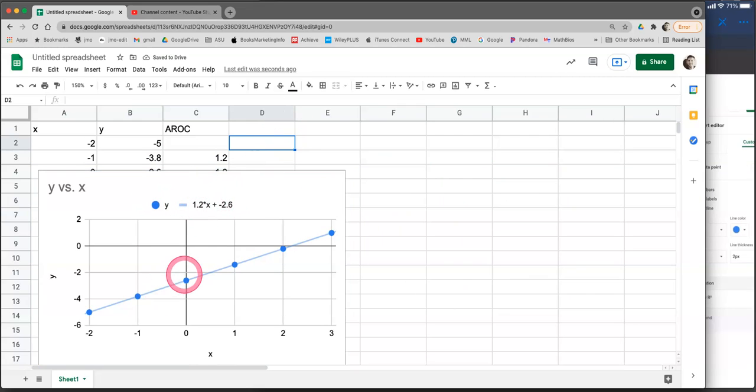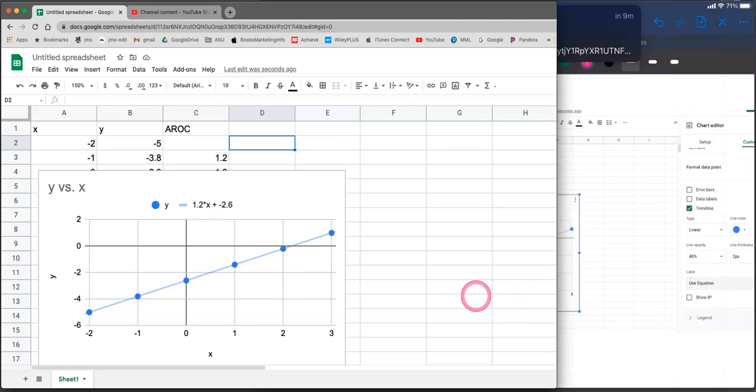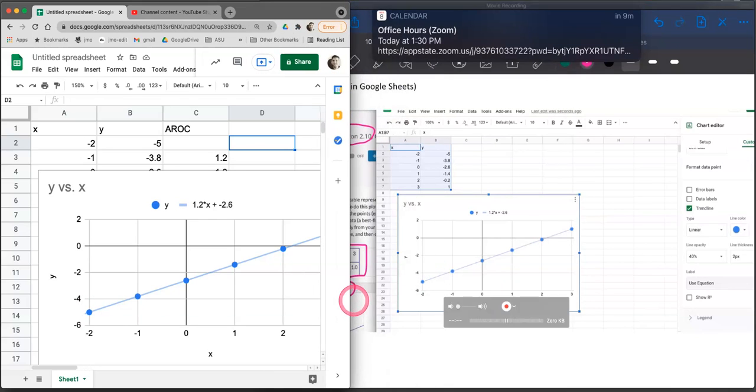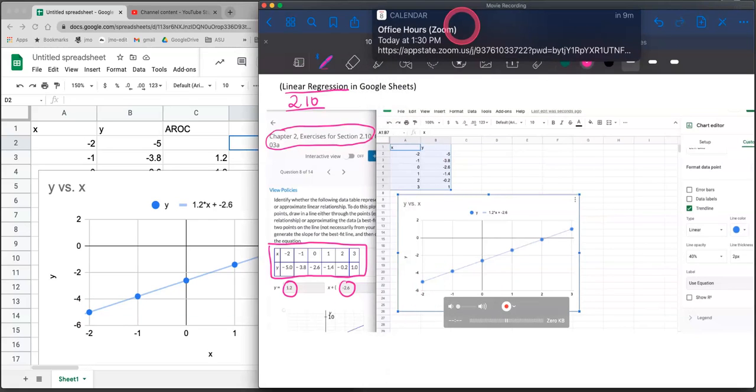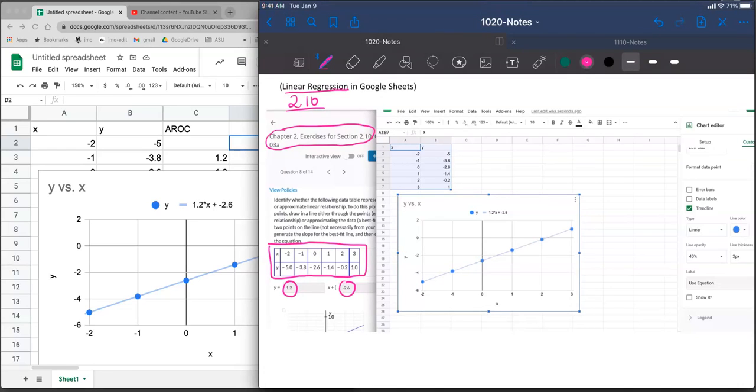We can see from the chart that these data points are best fit by a line of slope 1.2 and a y-intercept of negative 2.6. And so when one is putting the answer to this problem, we can go back here, they want the equation y equals mx plus b. We can see here that the m value we're getting from the trend line would be 1.2,